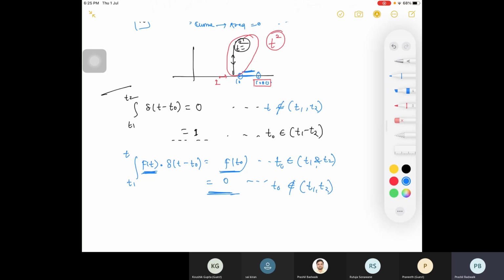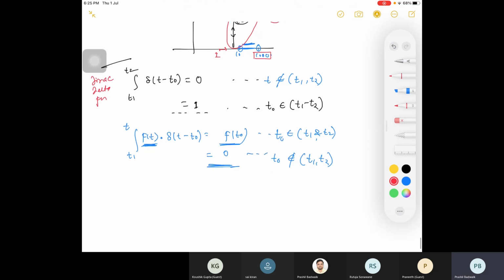I was extrapolating these values, or I would say I was trying to explain to you, but basically these are the properties of your direct delta function. The direct delta function may be asked in your mathematics for 1 mark, right? They will give you the direct delta function and another function which is multiplied to it, and you need to find its value.